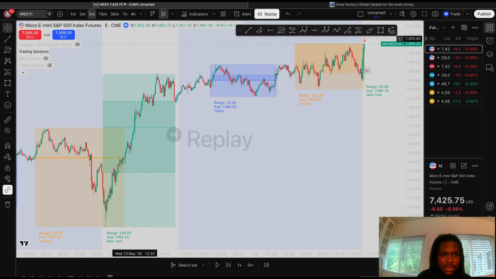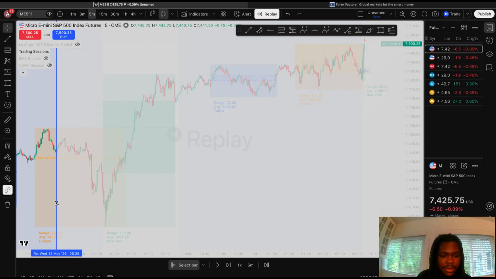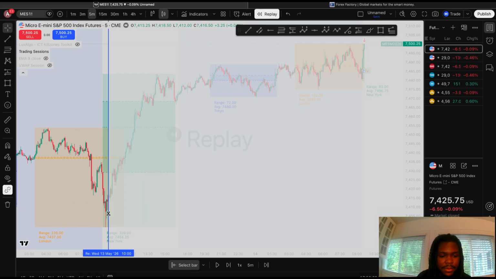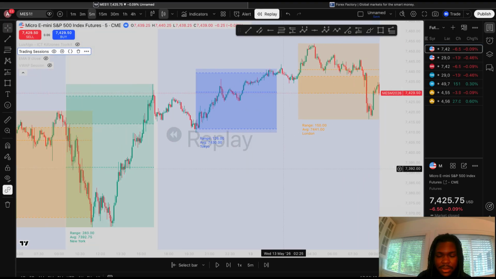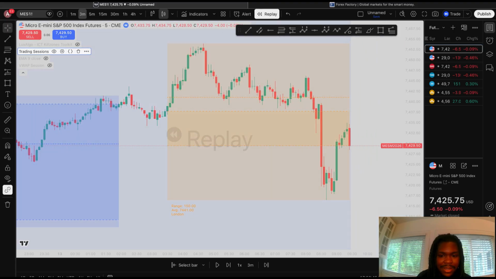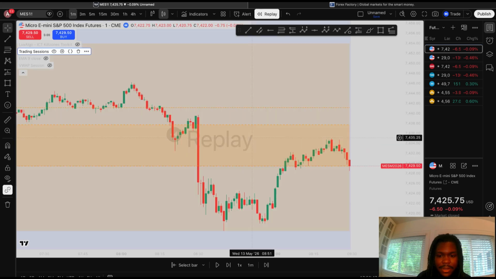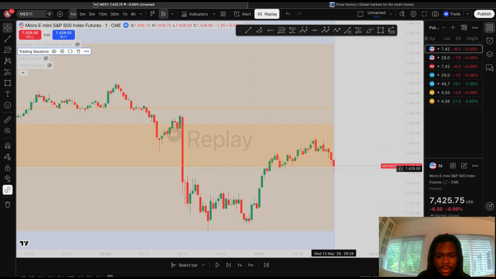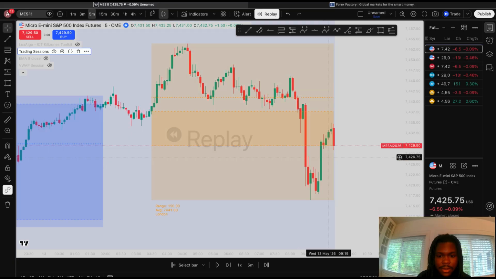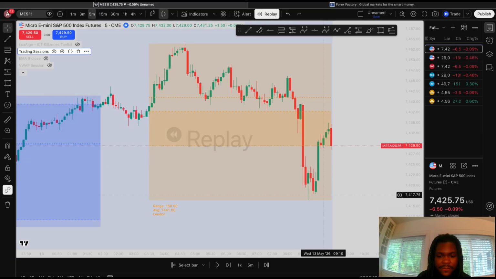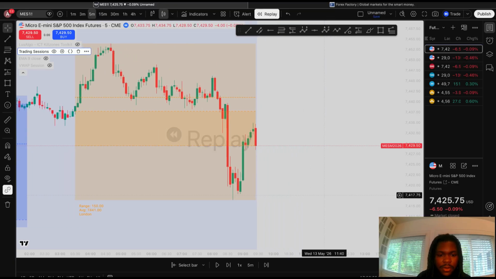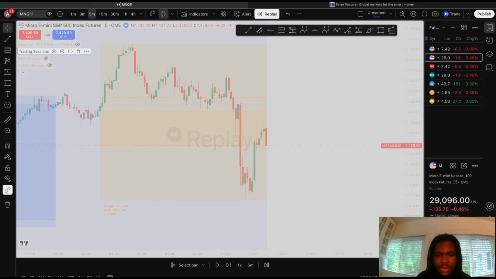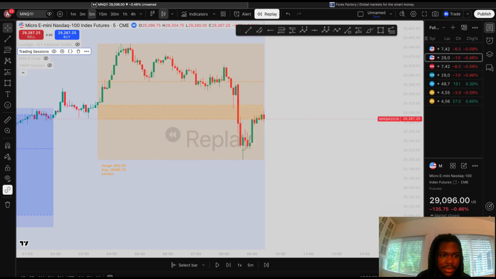So if I go to bar replay, select bar, then I go 9:30, because that's what I trade, the 9:30 open. This looks kind of wonky. Let's see, what candle is this? 9:29. What candle is this? 9:25. So what I like to start out by doing, let's go to NQ and see if we get a better look at this. What I like to start out by doing is marking the areas of liquidity,